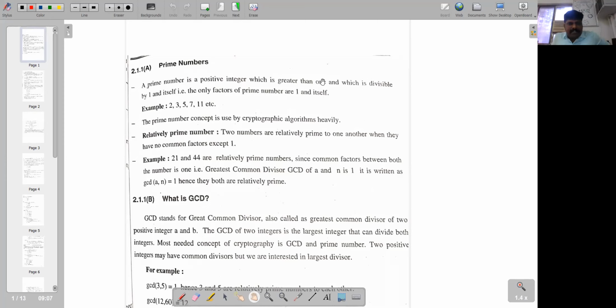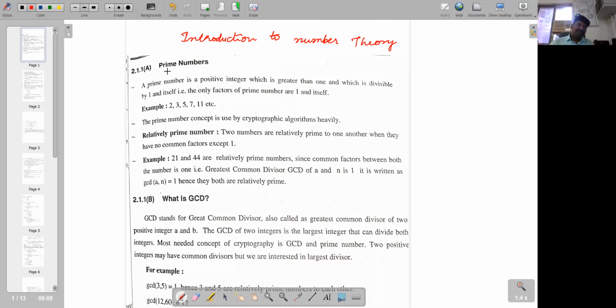In this subtopic, I'm going to cover some of the fundamentals which are related to the introduction to the number theory part. So all these numericals are going to come under the topic introduction to number theory. Under this topic, we are going to study some of the formulas or theory or concepts which will be used for cryptography techniques, right?